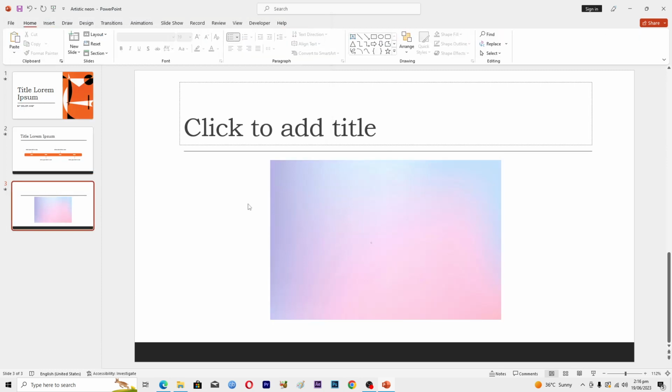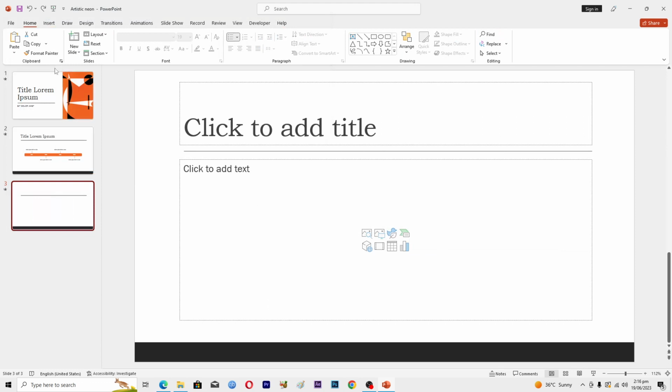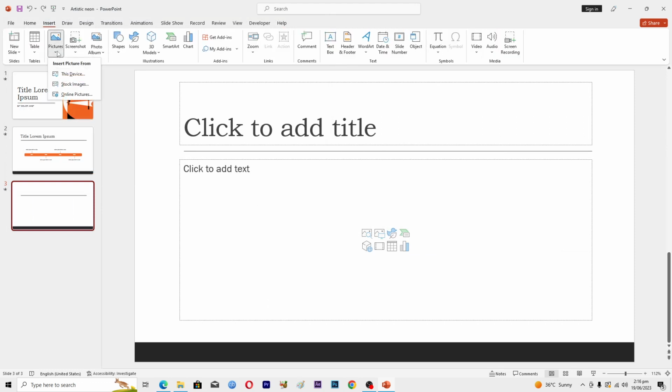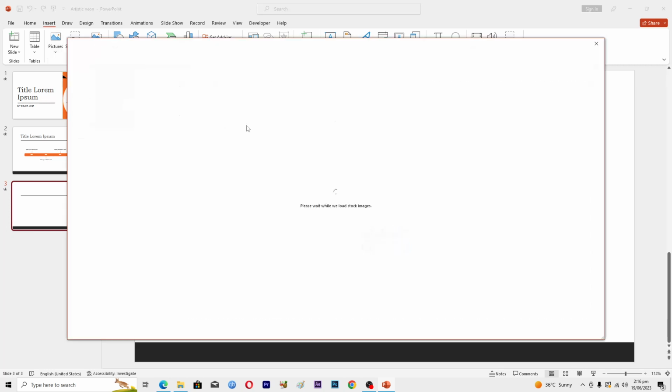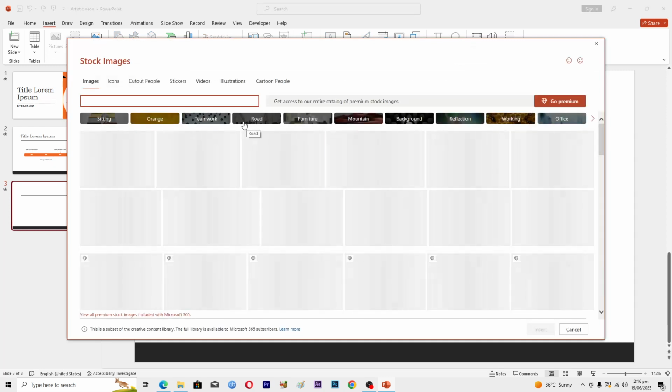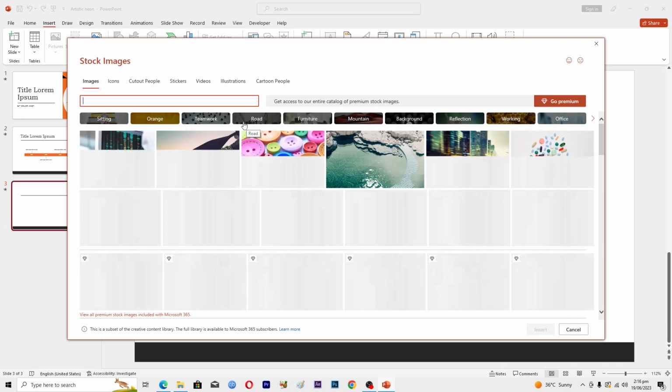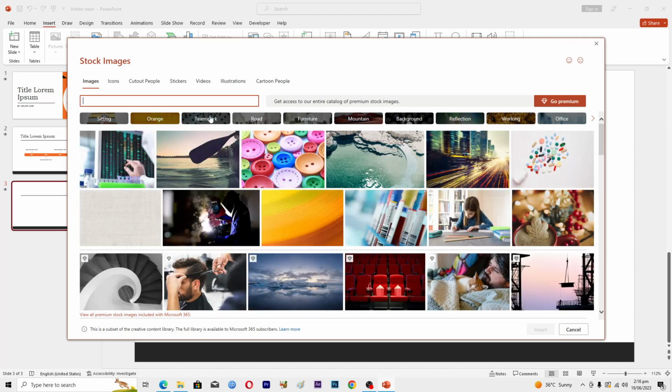Okay, and the next thing that you can do here, you will go into Insert, then Pictures, and then you can insert stock images in your PowerPoint as well. So click on this one, and this will connect online, and then it will show you images here, and you can select any kind of image from here. And here you can see that we have different types of images. So let's suppose if you want to add this image, you will click on this image, Insert, and